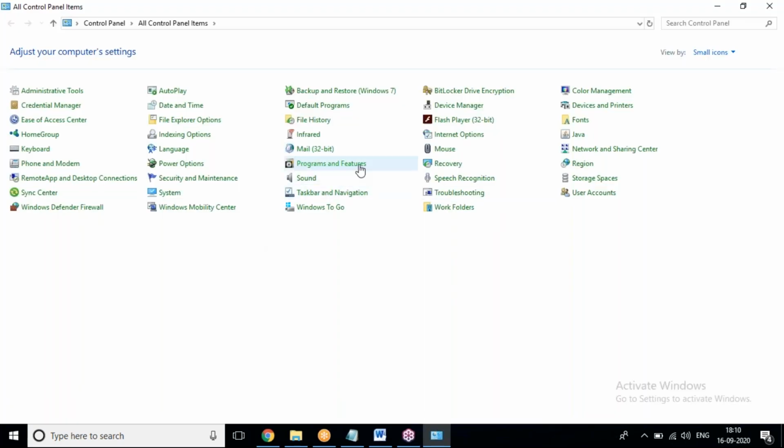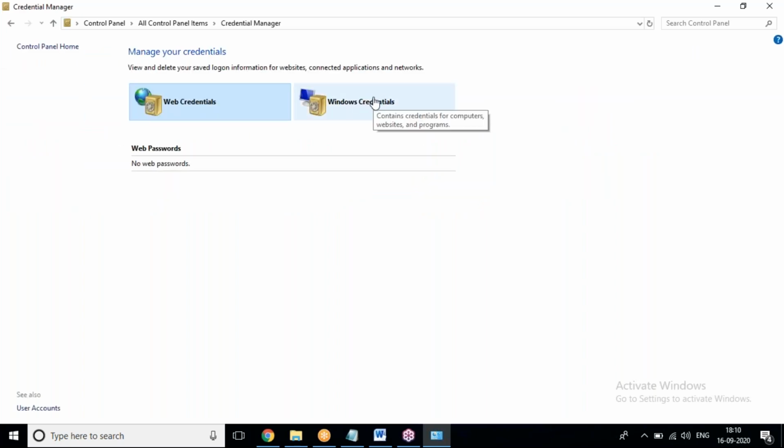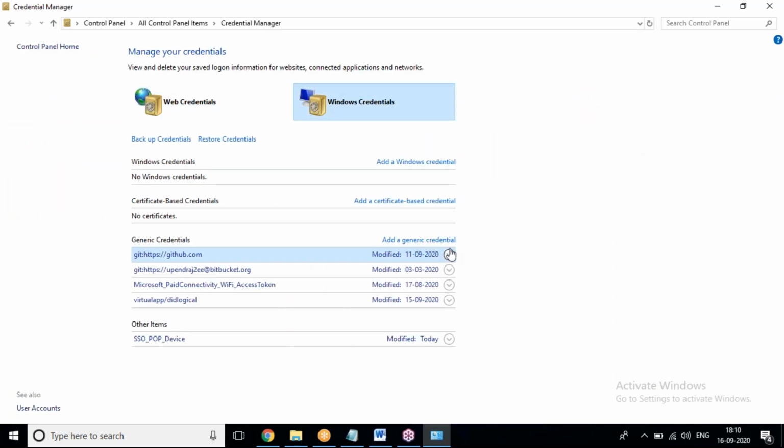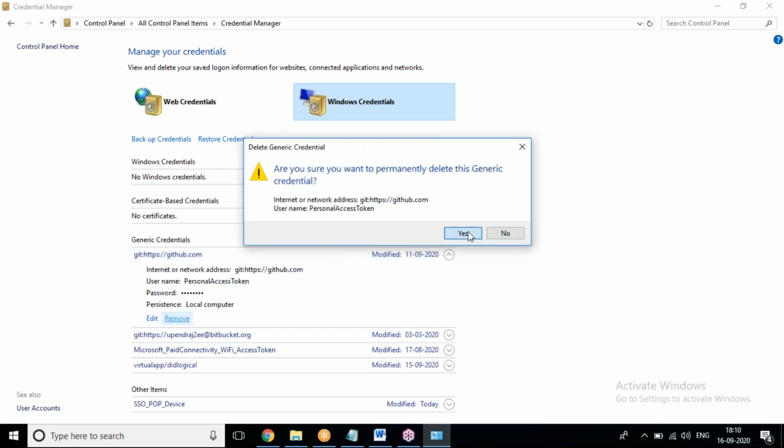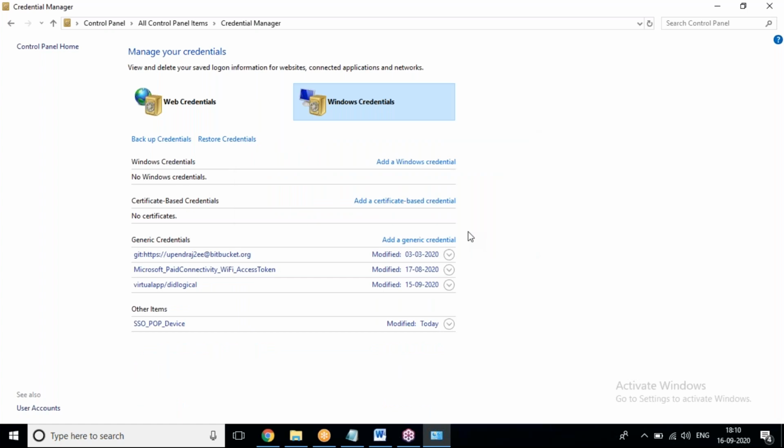Now I'm going to remove this. First of all, let me remove these credentials. Already we have configured Git credentials. Yes, remove. I have removed it.